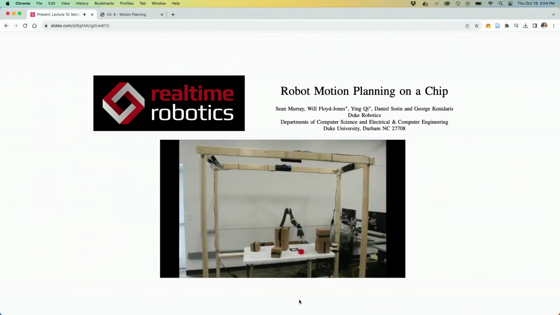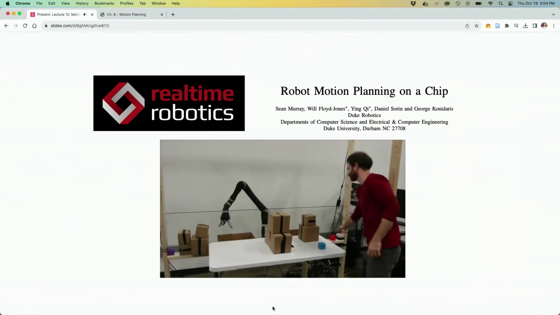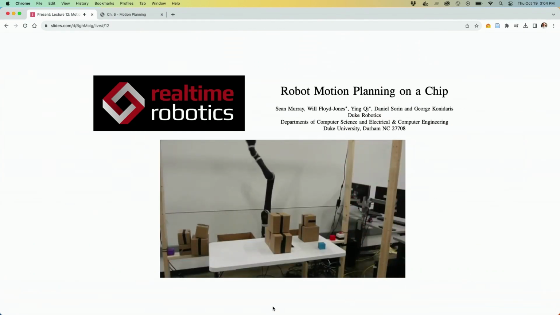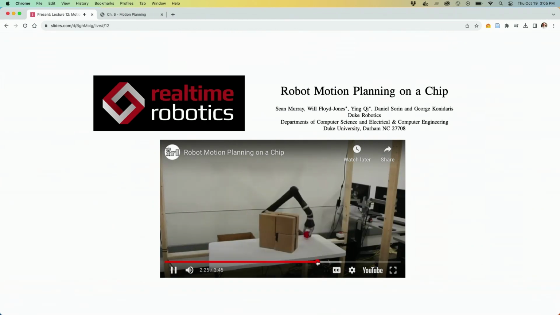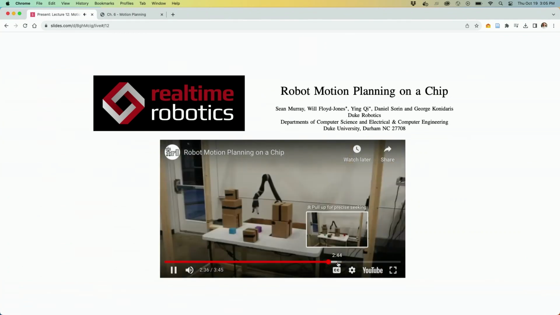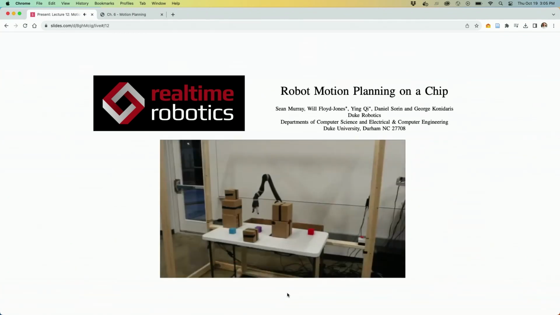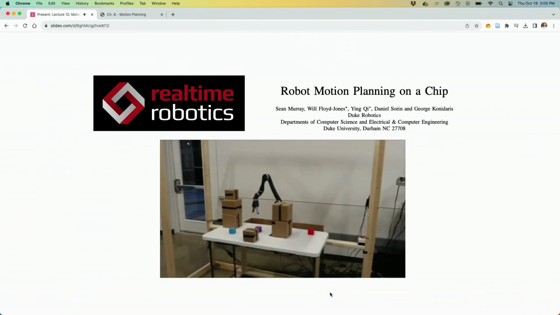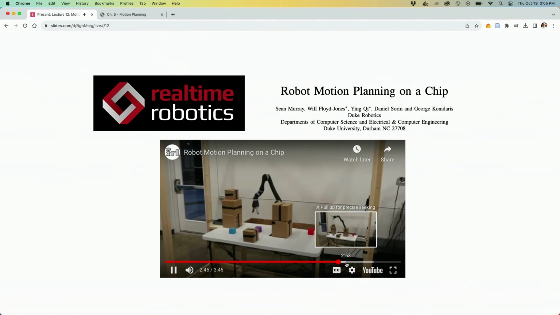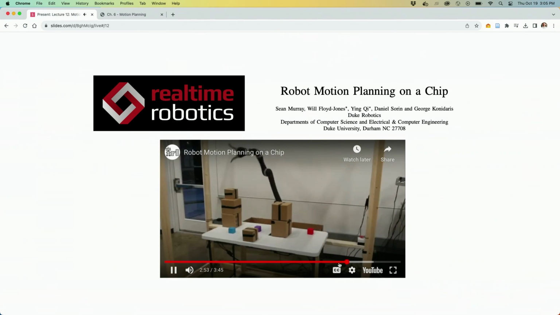Someone's going to walk into the space here in a second. They plan on the fly. And importantly, I'll skip ahead here. They're happy to do it with real-time changes in the obstacles and the like. The video's not playing very well. It's not showing the real-time nature the way I would hope, but